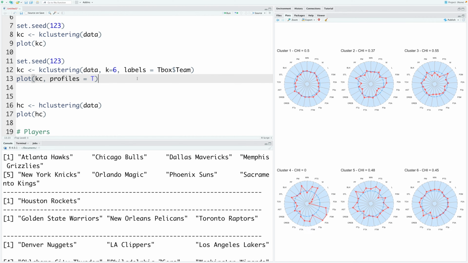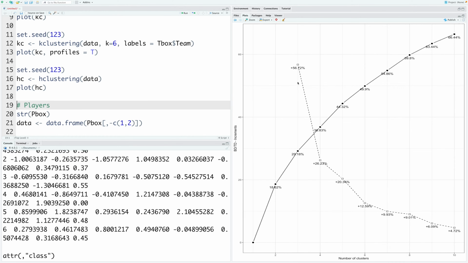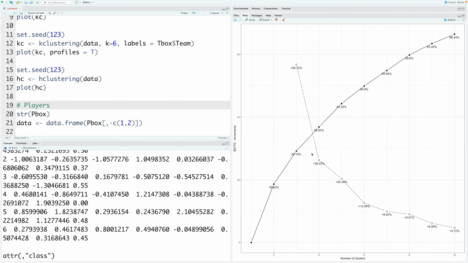So this is an example of k-means clustering, where we can specify number of clusters and then get this output. Another method for groupings which is popular is hierarchical clustering, and function called hclust can do that. So I'm going to again specify a set.seed to ensure repeatability of the outcome. When we run this and plot it, obviously these numbers are going to be different because this is a different algorithm, and the way it groups data is different from k-means clustering. Looking at this, I'm still going to use 6 clusters based on hierarchical clustering, and let's see what we get.